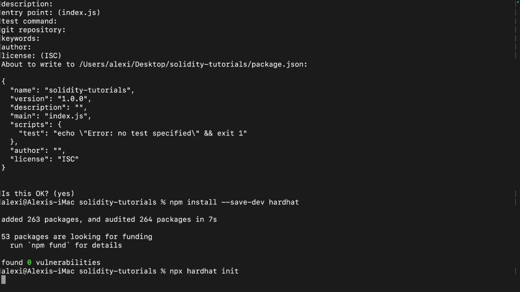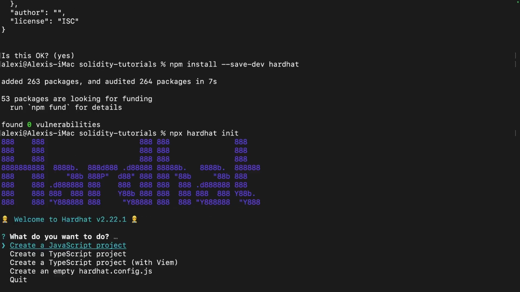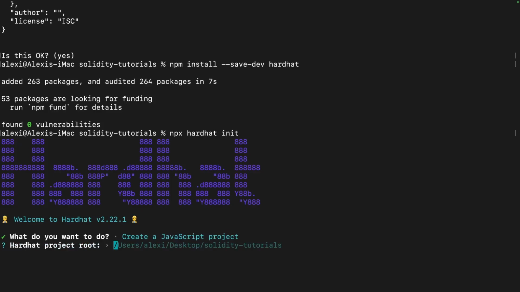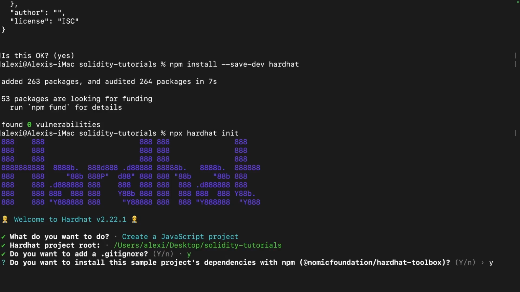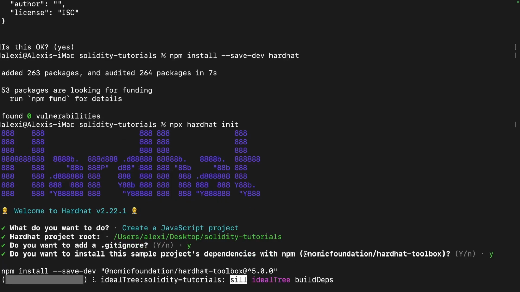Again, it'll ask a few questions. So for this first one, I'm going to choose JavaScript, leave the project root at the default suggested value, include the gitignore, and definitely I want to include the Hardhat toolbox as well. So this will take a moment to install, and then once this finishes, I'll go ahead to VS Code and